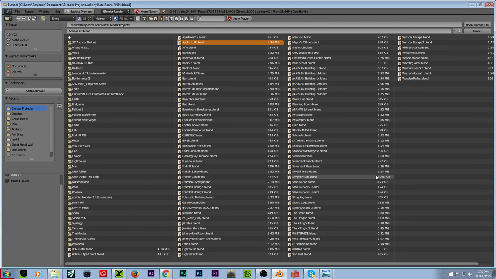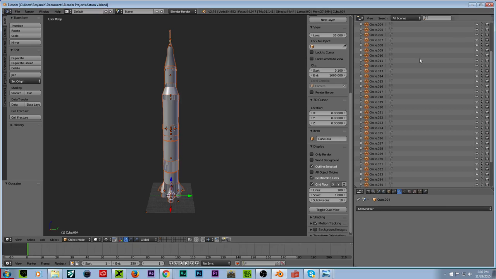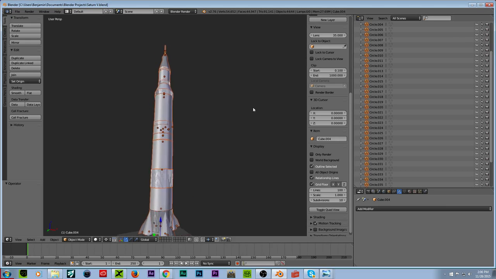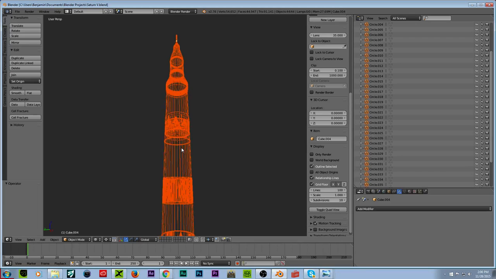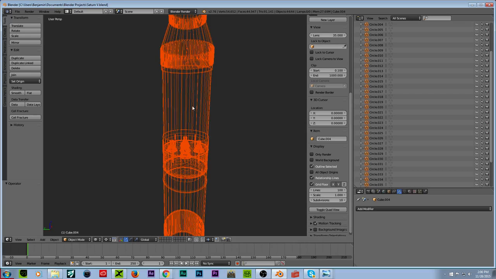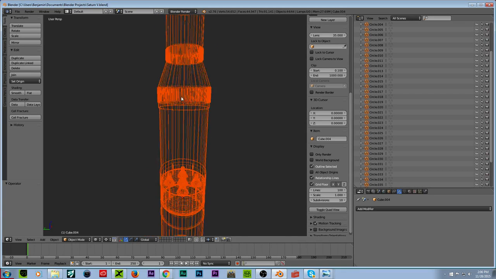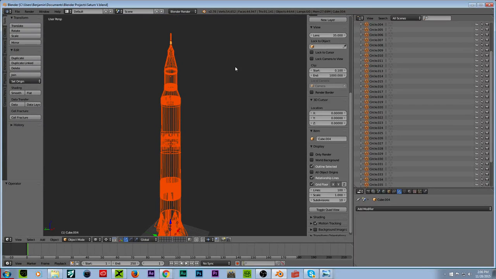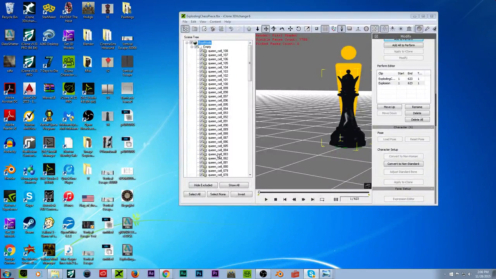I still have the Saturn V. Oh yeah, this is it. I did make it in multiple stages, so it breaks apart, and that was supposed to be rendered in iClone and Blender together. But if anyone has any final questions or concerns before we wrap up,